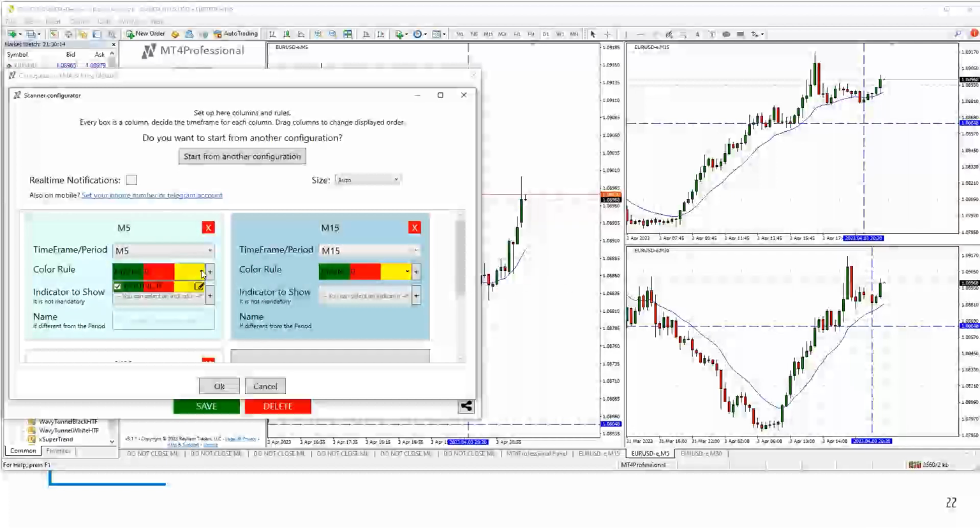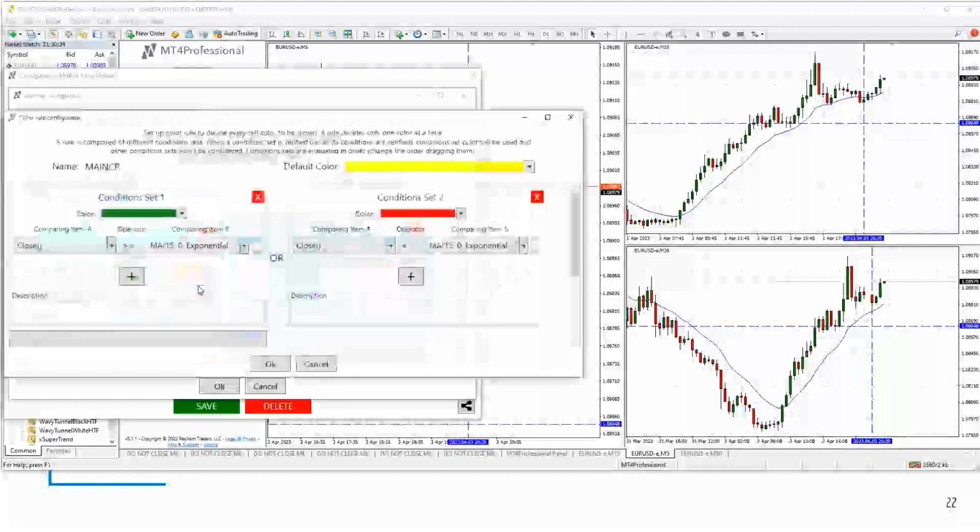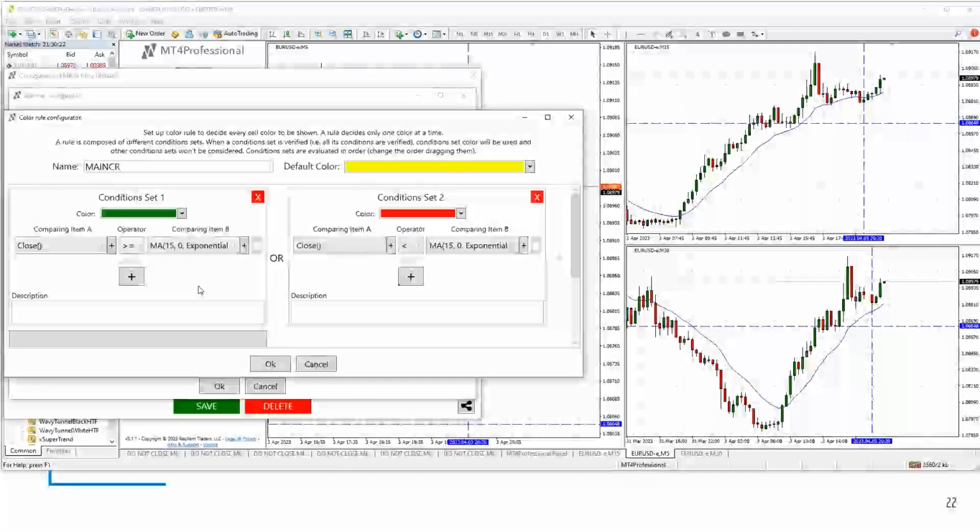Well, let's find out what that is. You can pull down the menu on any of the time frames and click the edit icon, which is a pencil and a pad. You click on that, then it opens up the configuration for the color rule. Here, the color rules are based upon condition set 1, evaluated first. Condition set 2 is evaluated next.